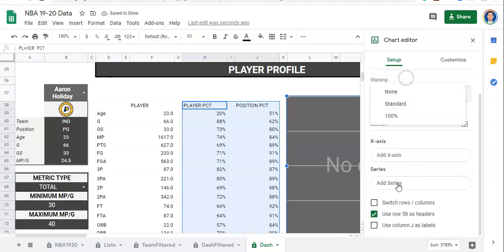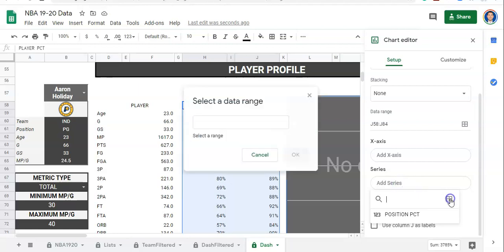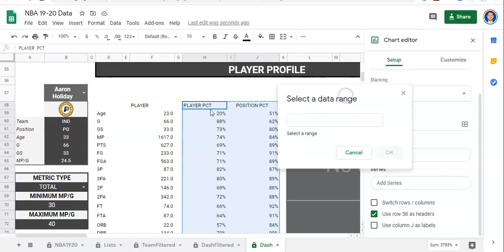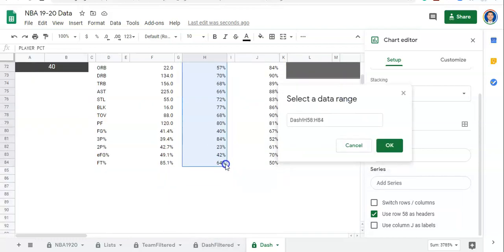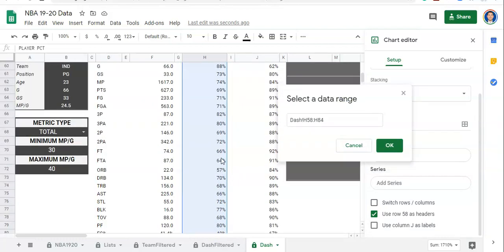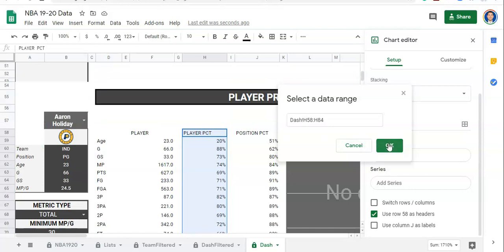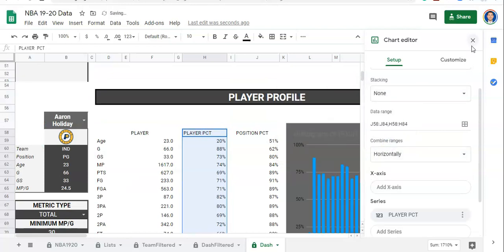I'm trying to find the series. All right, add a series, and I'm going to click on this thing here to select a data range, and then I'm going to select our series of data right here for the player PCT, and I will click Enter. Now we have a bar